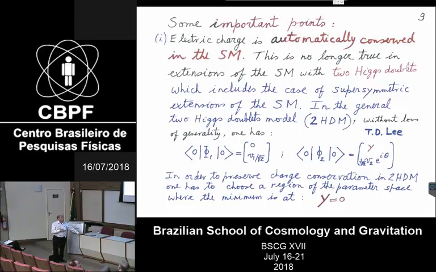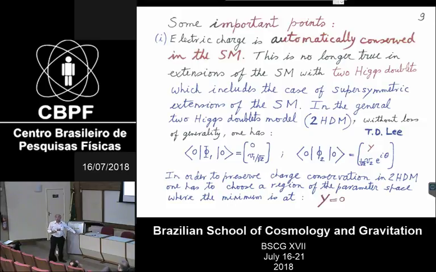So he built this model with 2 Higgs doublets, and he was very careful. He did a very careful calculation of the Higgs potential, which is quite tedious to do alone, because the paper has only himself. The fact that he was a famous physicist didn't prevent him from doing this, because